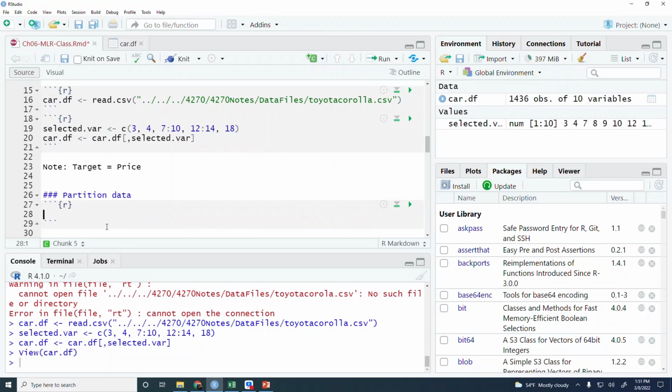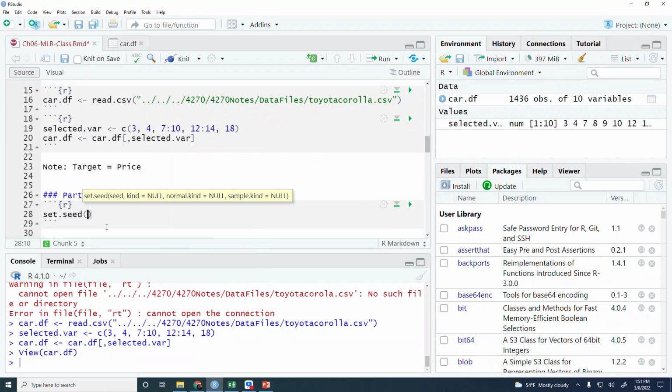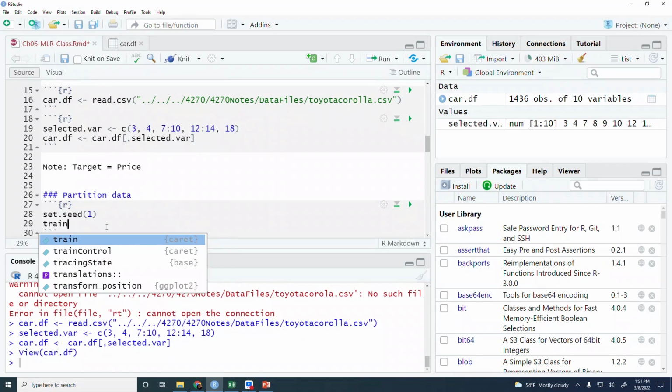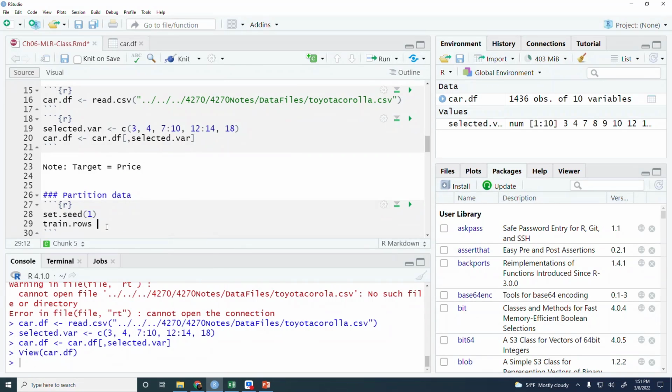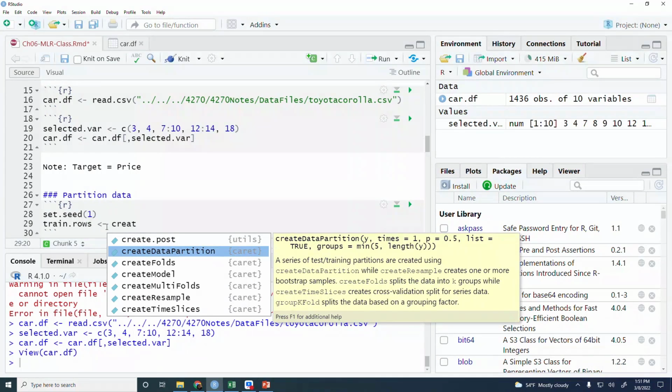So now we do the partition. We set seed 1, and then we will do train rows. We use create data partition, so that's a lot simpler, a lot easier to use.